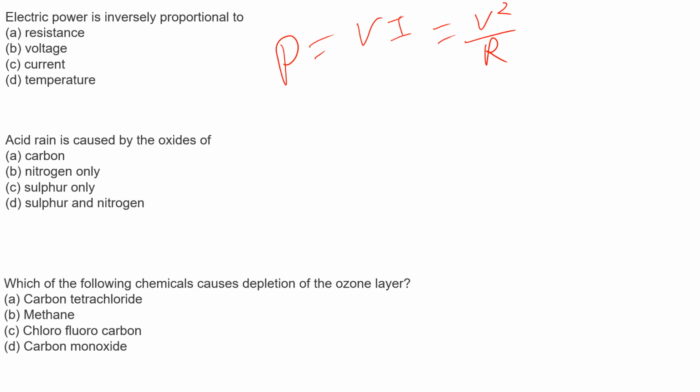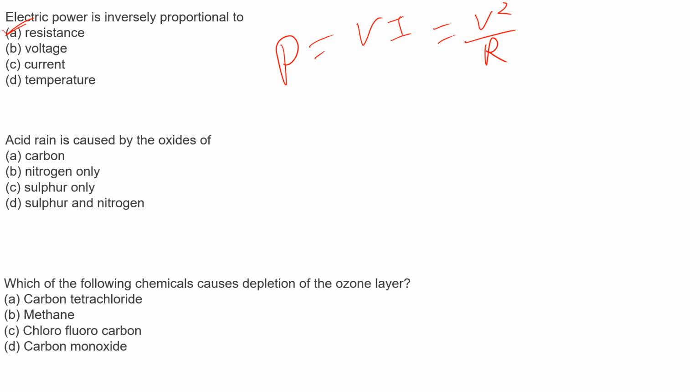the electrical power is directly proportional to V square and inversely proportional to the resistance of the circuit. So option A is correct, that the electrical power is inversely proportional to the resistance of the circuit, right? Then next question is that acid rain is caused by the oxides of option A is carbon,